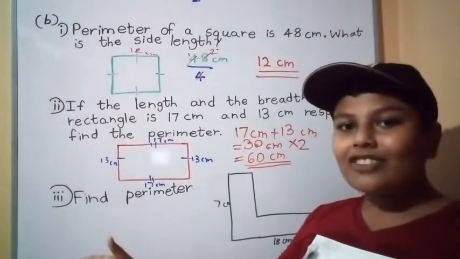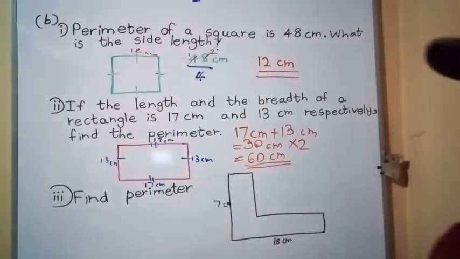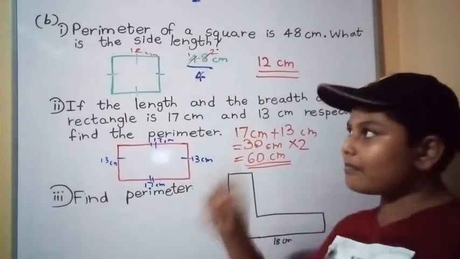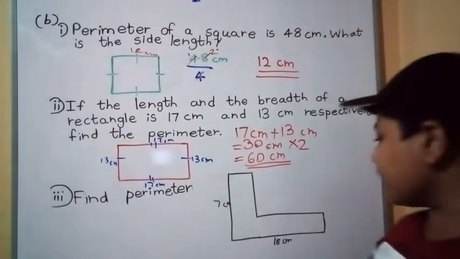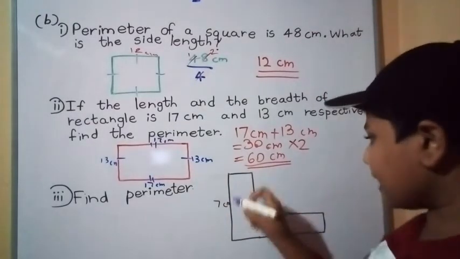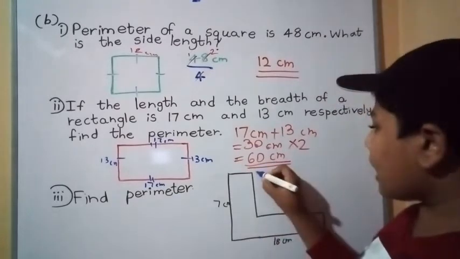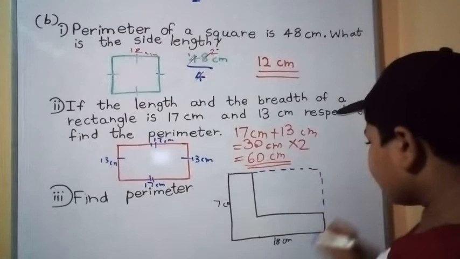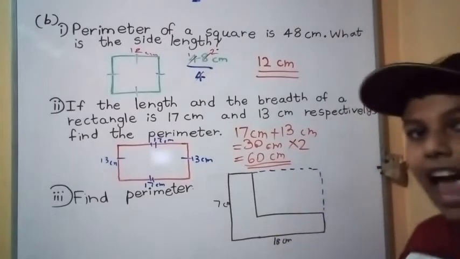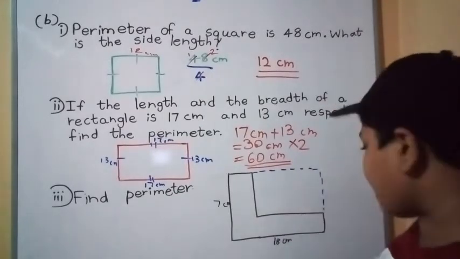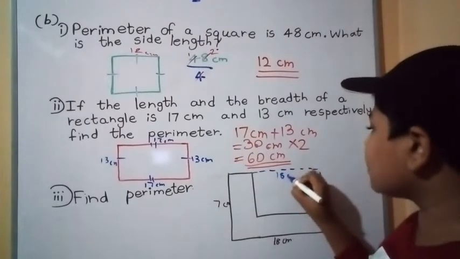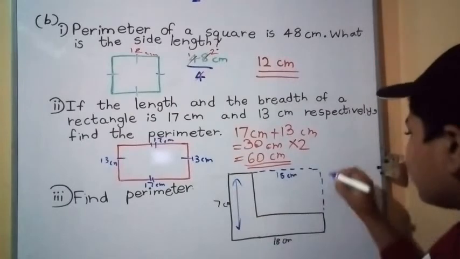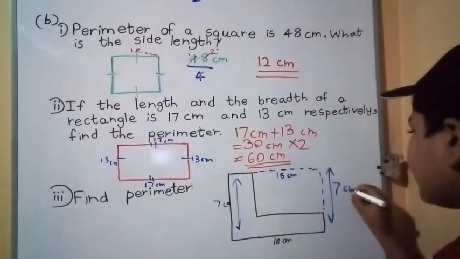Okay. Last one in the fifth question. Find the perimeter, part B, right? You look, they have 18 centimeters and 7 centimeters. There is no figure for the remaining sides. It is a full rectangle. Now 18 centimeters, they are also the same 18 centimeters. They are 7 centimeters, they are also the same 7 centimeters.